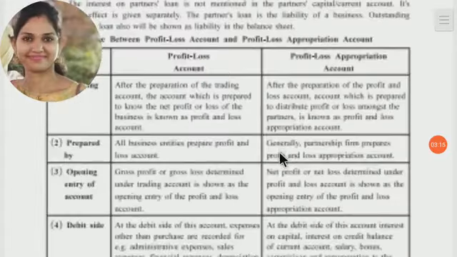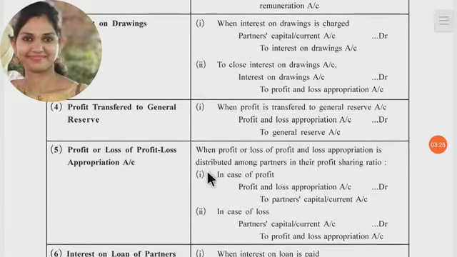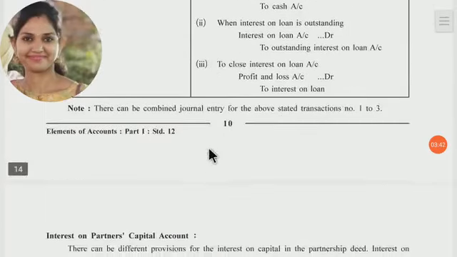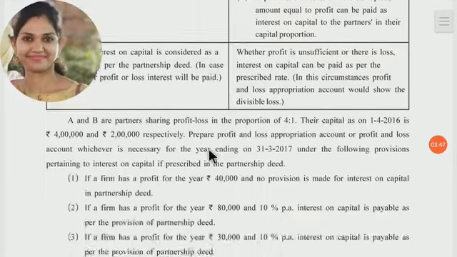Right guys? Today, the weightage of this chapter is 4 marks. In that, they will ask one MCQ and one short sum of 3 marks. So we will not study the long sum right now. Whenever I start the second chapter, company's final account, at that time I will explain the long sum in detail. Right now we are going to see the short sum of this chapter because it is very important for the exam.